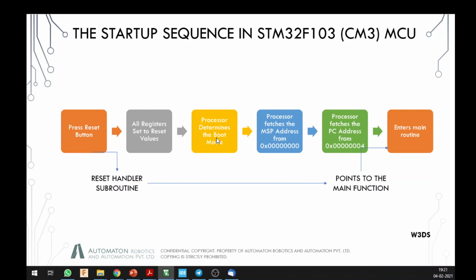Now over here I have mentioned something called the boot mode. In certain boards you might see that you have 3 pins. In STM32F103, the blue pill chip, you will see that there are pins for setting the boot mode 0 and boot mode 1. That is basically the way of determining where your firmware is saved. In boot mode 0, you can set it in a way where you are programming your chip. So you can set it in a programming mode, so that will boot into the programming mode, or if you are using it in a user mode, you can also set it to the user mode, and that is basically set by hardware.